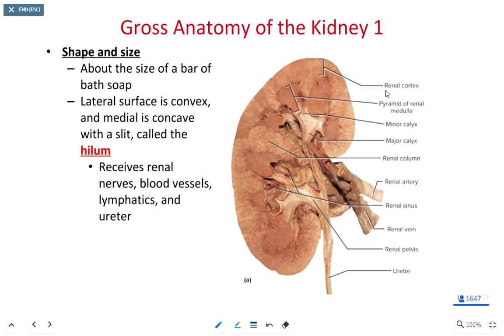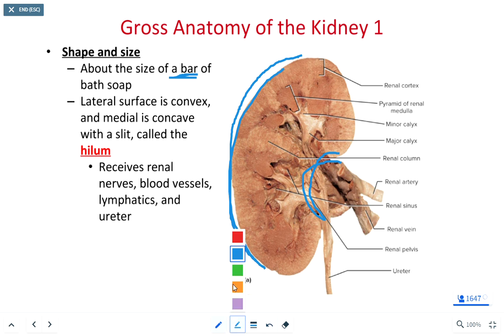As we look at our kidney, the general size of it, and I really appreciate this analogy, is a bar of bath soap. So you have your brand new unused bar of bath soap. They aren't actually that large, but they do a very wonderfully significant thing for our body in that they regulate blood fluid volumes. As we look at the lateral surface of the kidney, a surface that's pointing towards the outside, that is going to be convex, so it bows outward. The medial surface is concave, and there's an indentation in